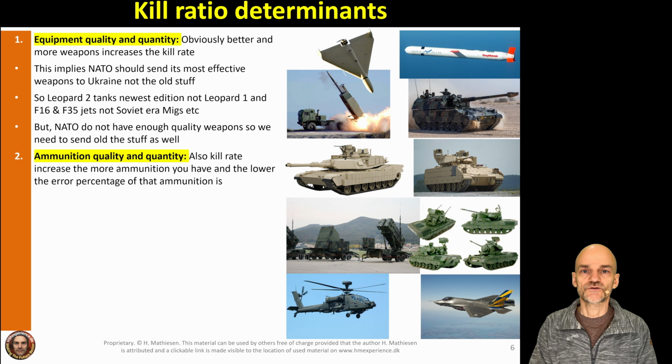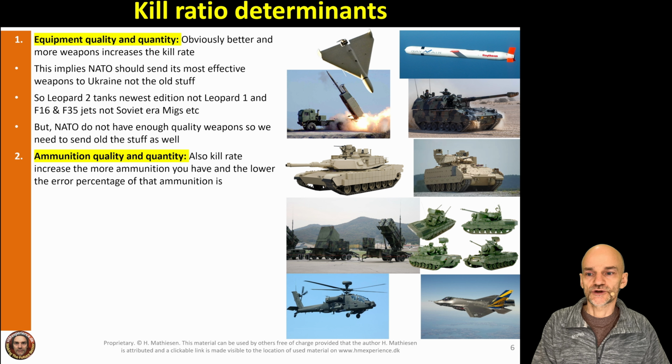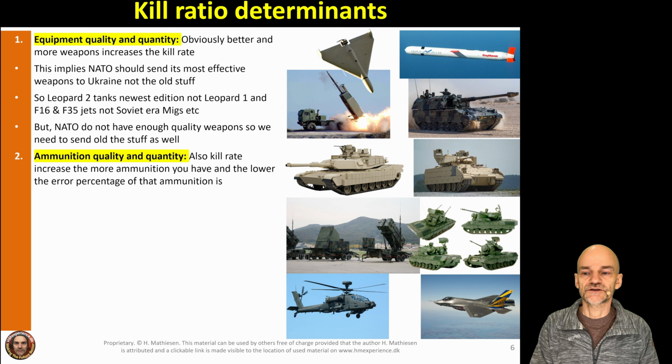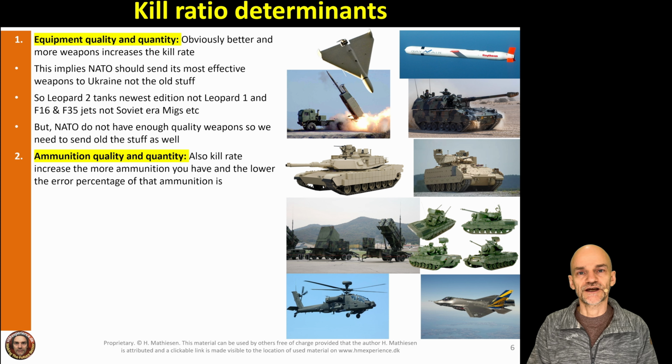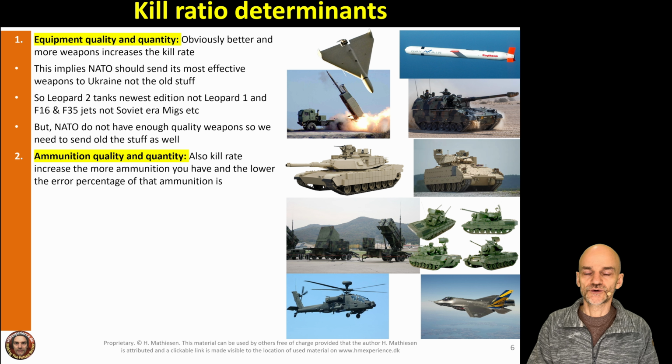We are not scaled to fight wars that are running for years, so we are scrambling to get ammunition production up. We do have quality weapons here in the West, but we don't have the quantity for mass producing them. That has been a problem. Europe would like to give Ukraine more ammunition, but we just don't have the production capacity. But we are ramping up, and there will be more ammunition for Ukraine in the coming years.